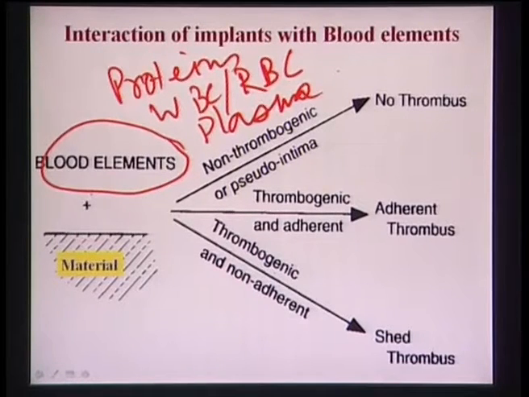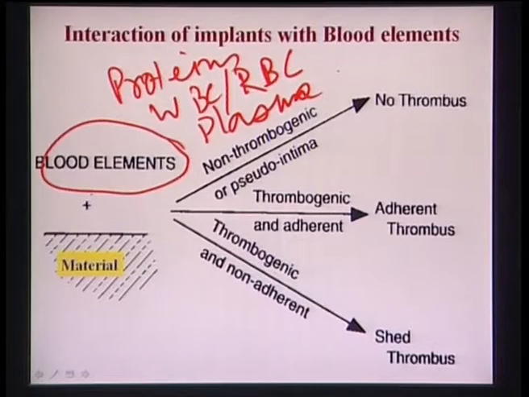Now, when a material reacts with blood, blood is a combination of all these. So, therefore, the material will be interacting with all these molecules. And what will happen initially, as you know from your basic cell material interaction, is that the proteins will be adsorbed fast on the material surface, and these will be different types of proteins, the blood proteins, compared to other cases, for example when bone replacement materials are implanted at a specific anatomical location. Now, there can be 3 types of reactions.